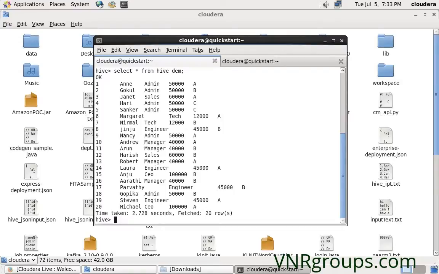I just created a table matching the schema of the file data, and then I loaded the data into the table, and now I am able to write any code. Not only select, you can try all DDL and DML commands that you have in MySQL. I think you are already aware of the basic SQL commands, so I'm not going much deeper into that. I'm going into the concept of what Hadoop brings to us to process the data. Is that fine, guys?